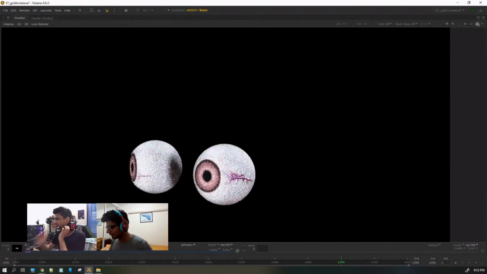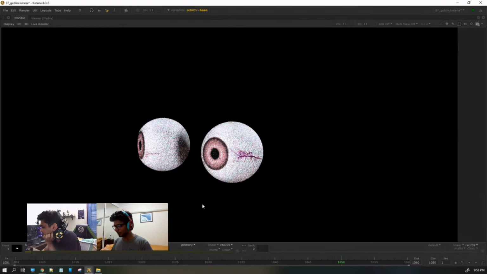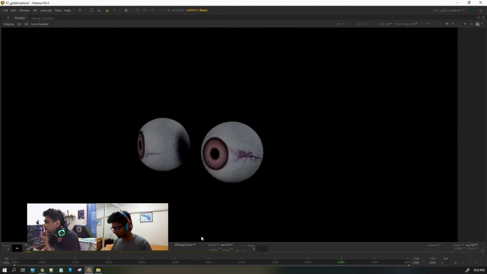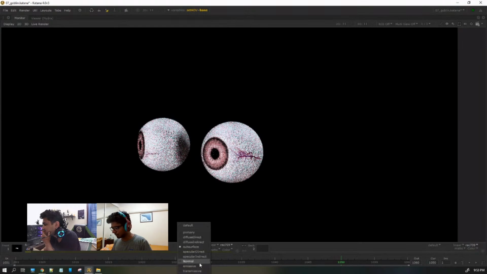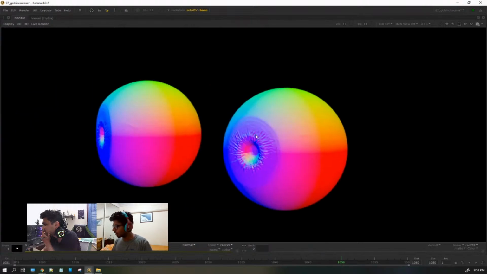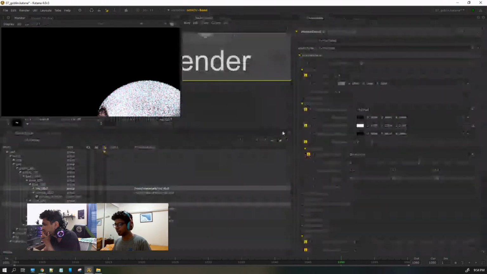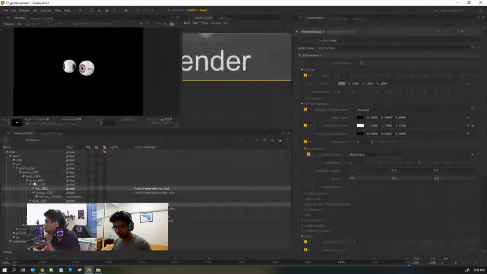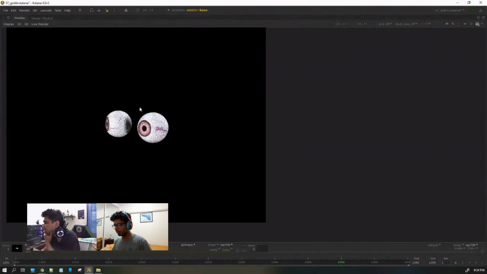So this is what the eyes look like without the cornea. It has some diffuse input and a lot of subsurface input, but the normals are pretty flat there. It has normals for the iris, but that's about it. Oh yeah, I added that in the displacement for the cornea. I forgot about that. Other than that, there is not much else going on there. If I render both of them together,